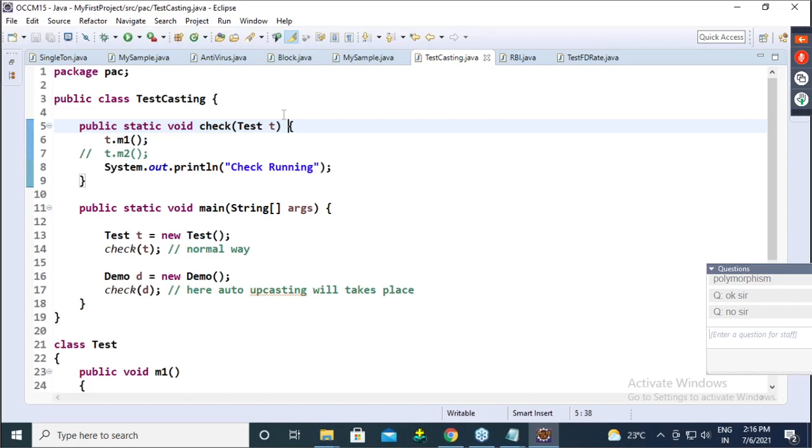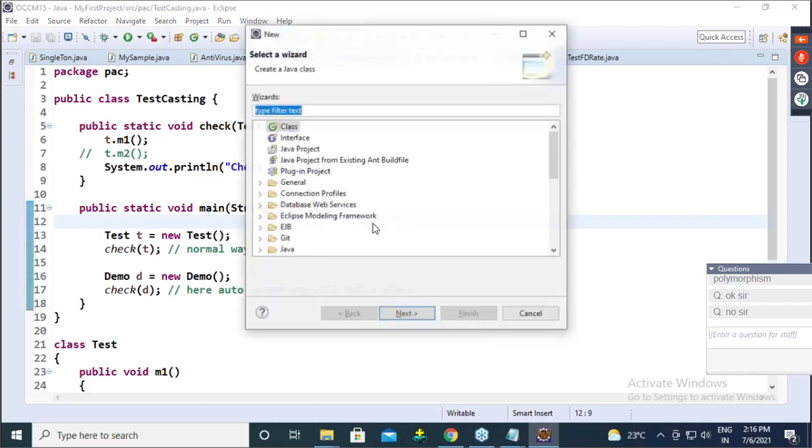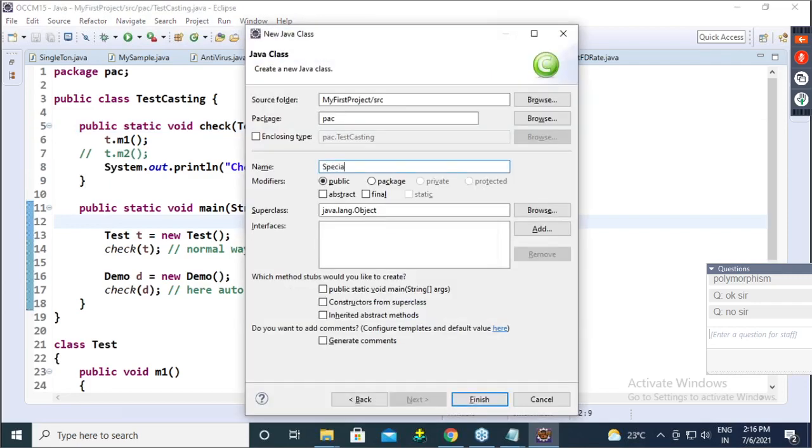Very interesting cases in casting. So let me create a new class, and here I will name it spatial polymorphism case.